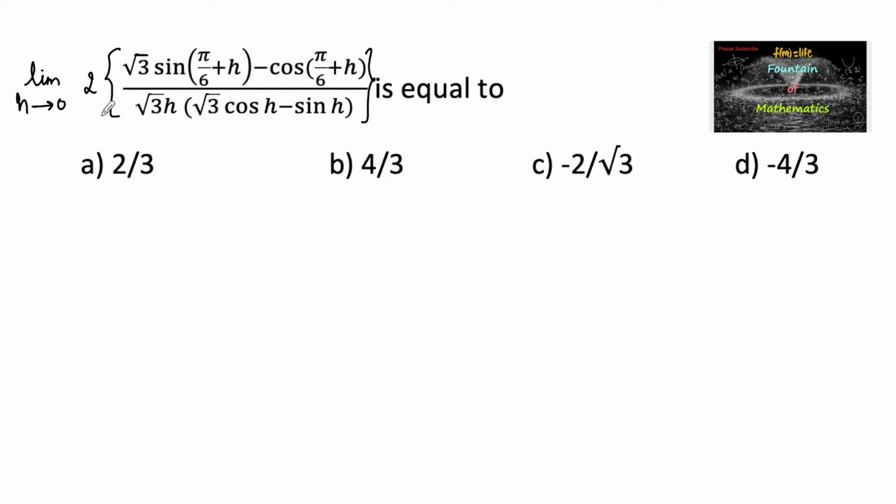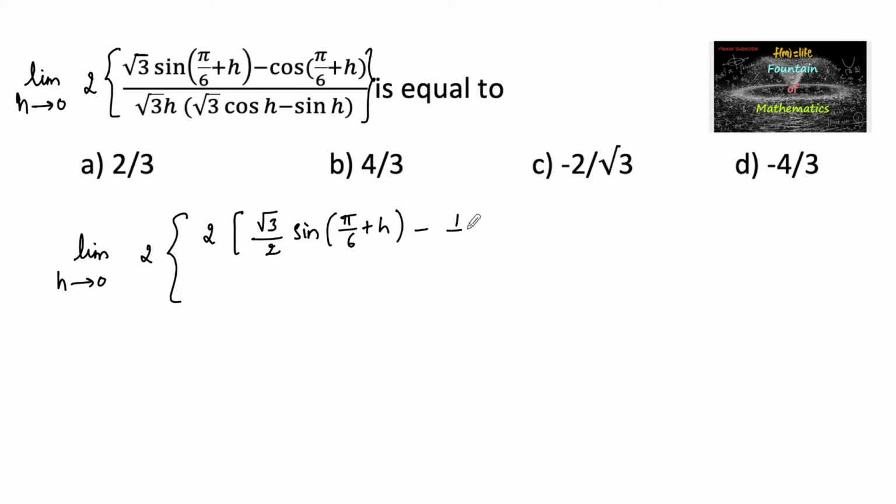limit h tends to 0, 2 times root 3 sine of pi by 6 plus h minus cos of pi by 6 plus h upon root 3 h of root 3 cos h minus sin h is equal to. Let us simplify this. Limit h tends to 0, so 2 times. Let us multiply and divide with 2 in the numerator. So we have 2 times of root 3 upon 2 sine of pi by 6 plus h minus 1 upon 2 cos pi by 6 plus h